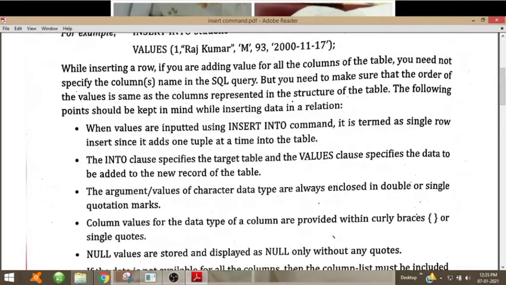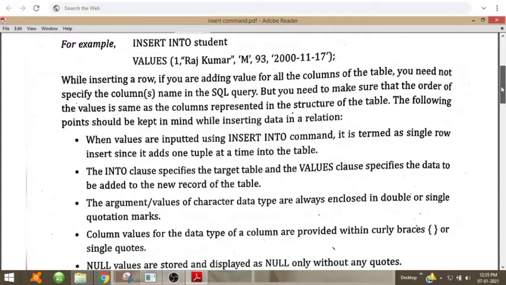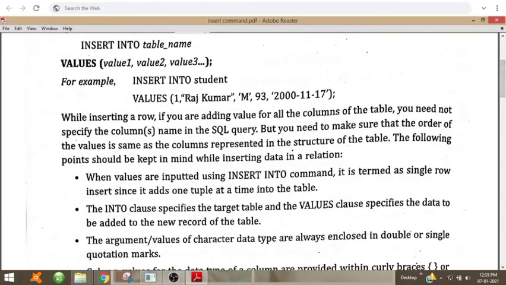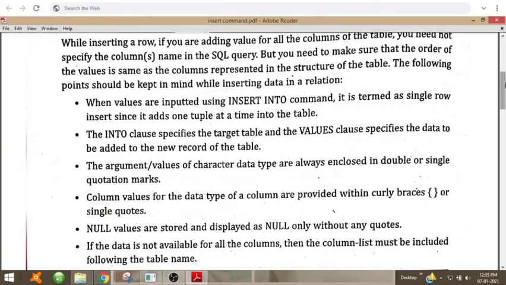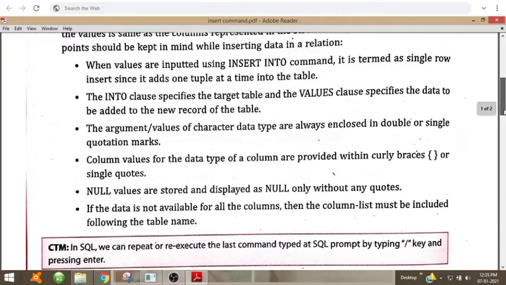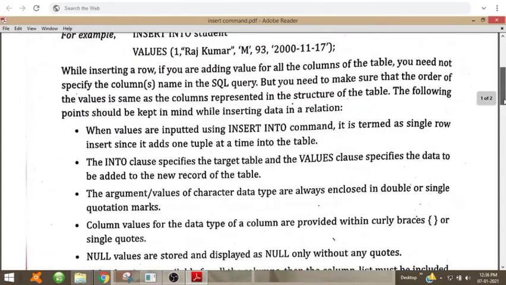The argument values of character data types are always enclosed in double or single quotes. You can see character data type values, that is Rajkumar and the character M, enclosed in single or double quotes. Column values are provided within single quotes or curly braces.